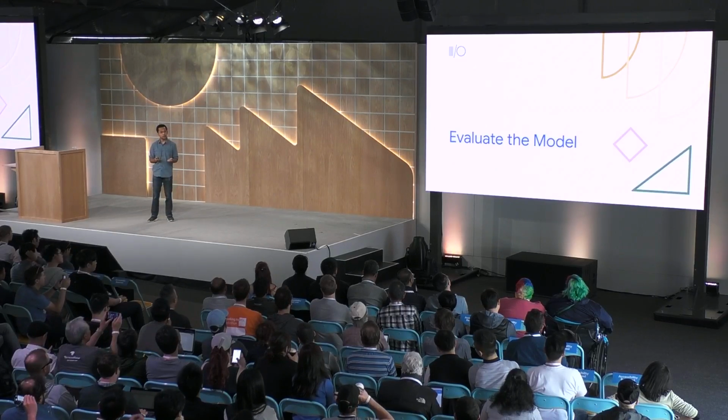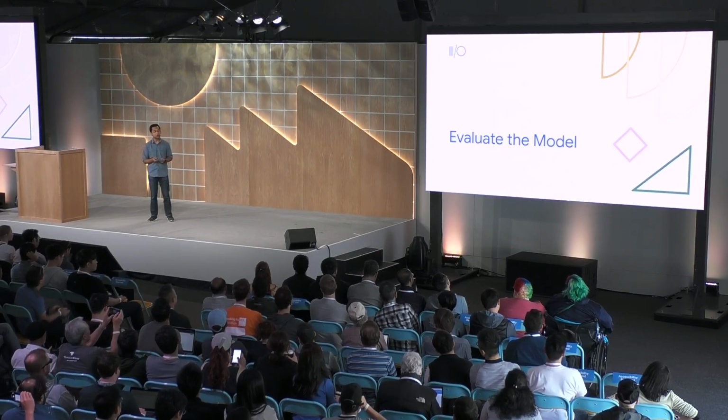Now comes the interesting part. Now that we have a model trained, the question is how exactly do we evaluate it? Unlike traditional ML models, in this case, we want this model to be able to drive the car. So it's important to pay attention to exactly how we evaluate it. As I'll discuss next, there are two approaches in which we can evaluate this model: open loop and closed loop control.